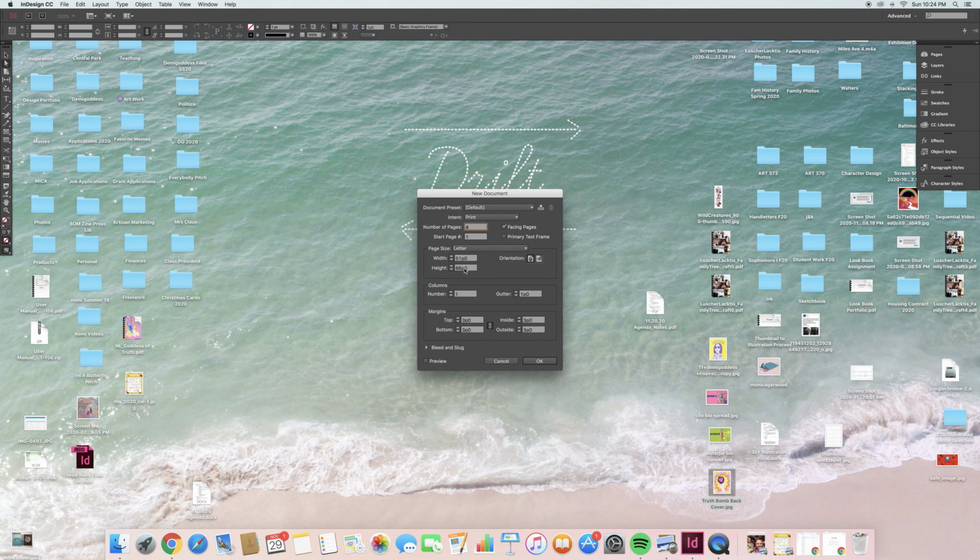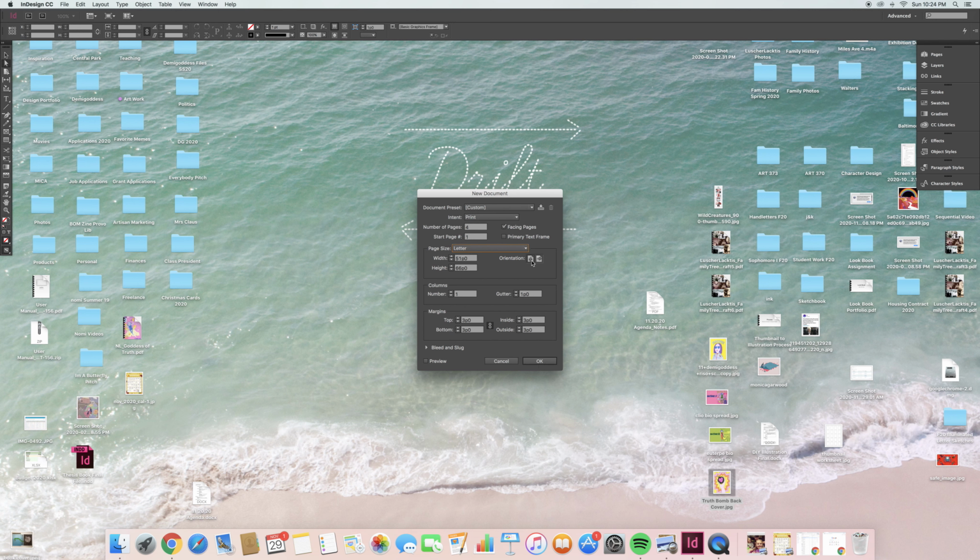Okay, the points, it's set up. Okay, so it says letter, which means 8.5 by 11, so standard printer paper size. It's shown here in points, which is how InDesign works. But I know because of this, I can come here and change the size. You could do a custom size if you wanted, but I'm just going to stick with the 8.5 by 11,